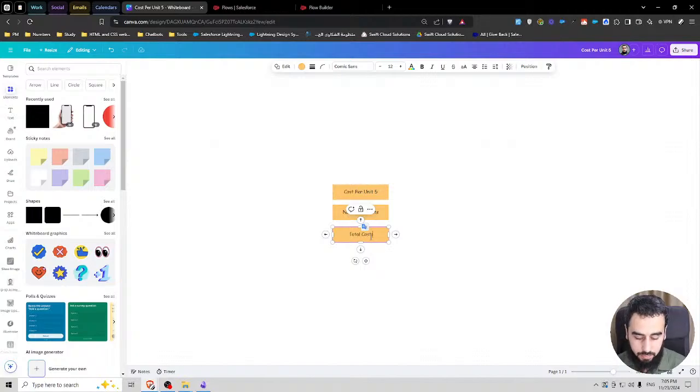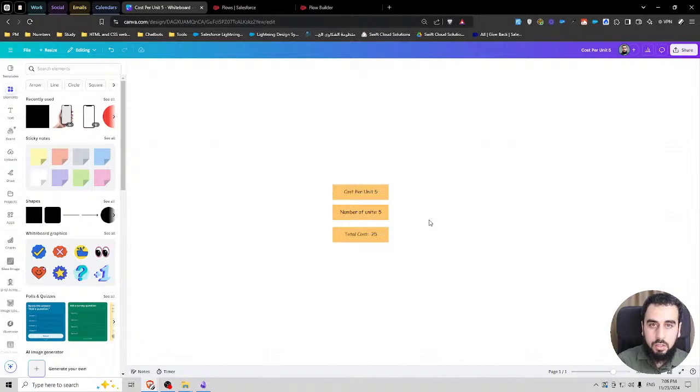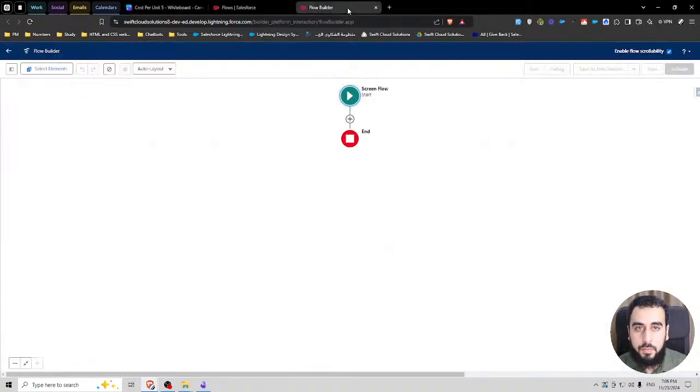This is just a very quick example, the one that I could think of. If you have a particular use case, we can look at that, but I can just try this first. So the total cost here is supposed to change based on the number of units. If the number of units is 5, then this is supposed to respond to show 25. So let's try this.